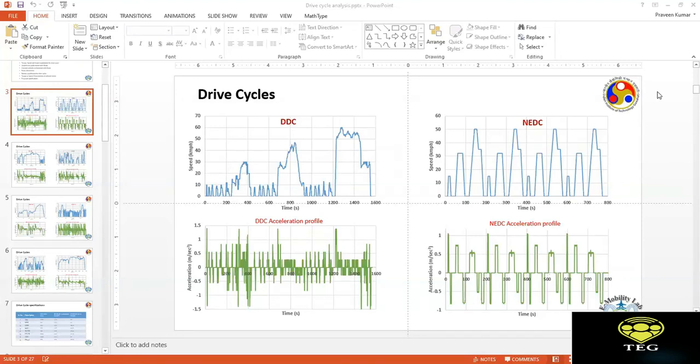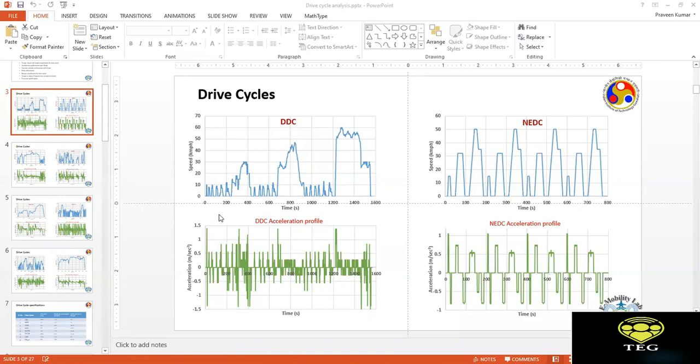Hello, sir. My name is Sonny Mishra. Sir, I want to say that according to DDC, we don't need high torque, because our speed remains under 20. We need an efficient prime mover which can deliver a sufficient amount of speed to tackle efficiency at low speed. Isn't it, sir? High torque means we have to compromise with the efficiency, isn't it, sir?